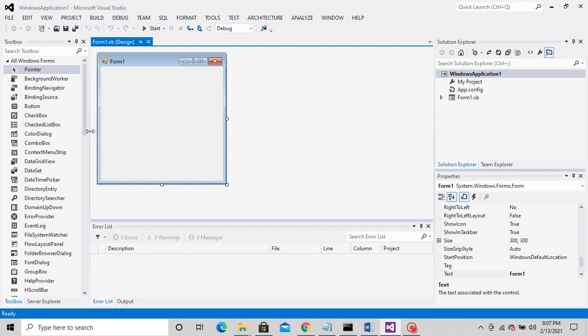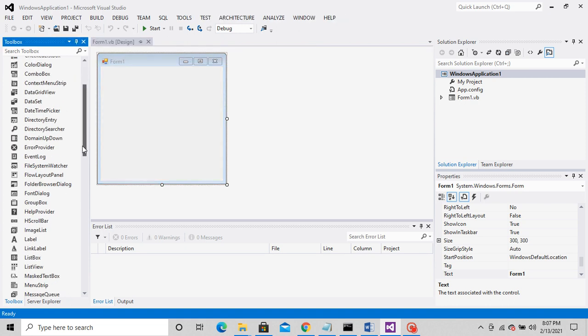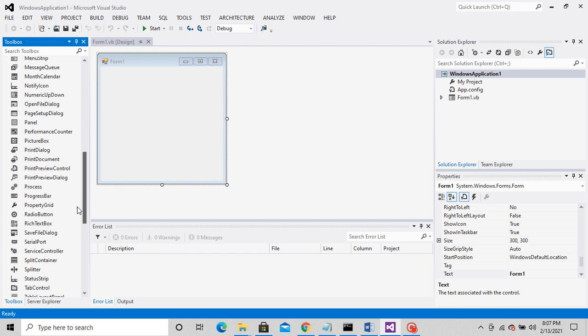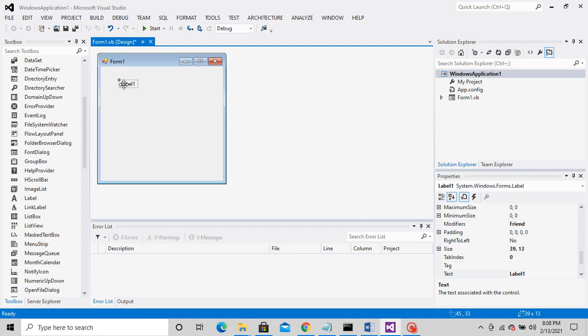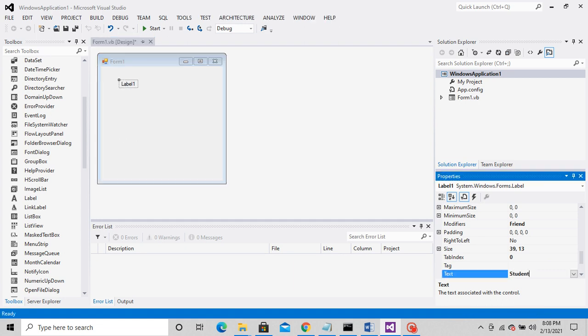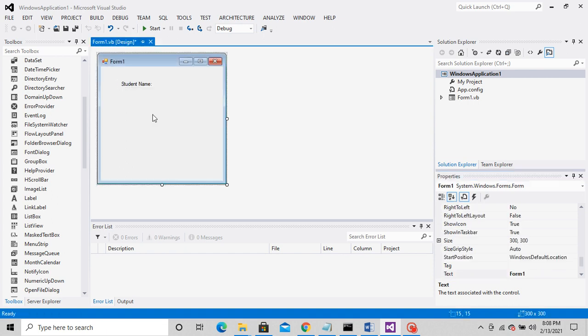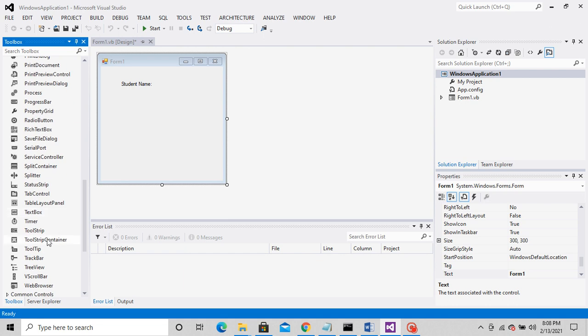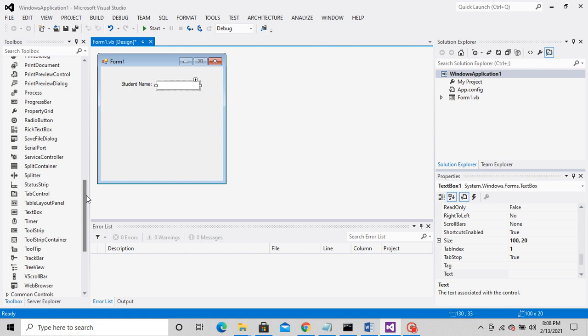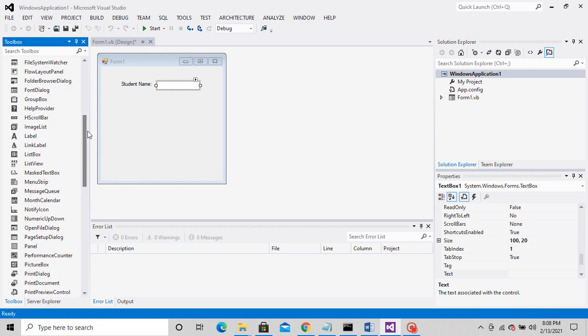So today, I'm going to take a label and name it student name. Then take a text box and place it here. Then take another label